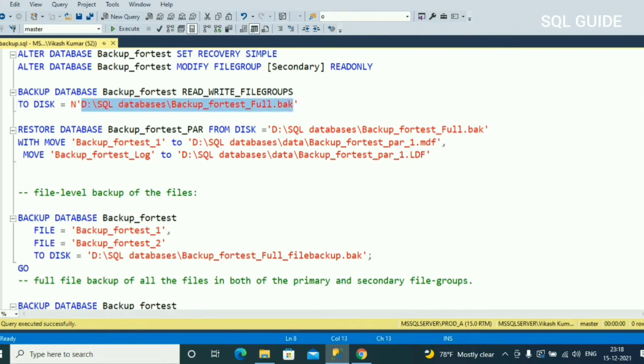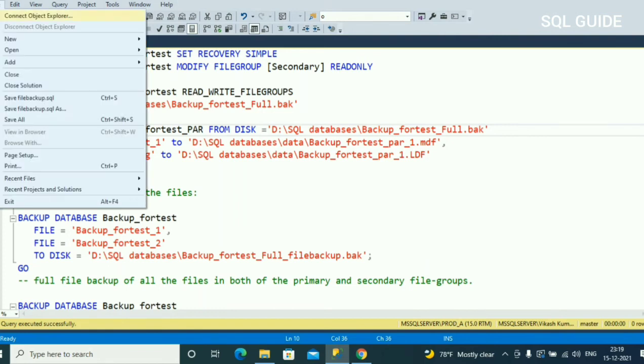I am going to restore the database as backup for test underscore pr, and with move backup for test 1 and backup for test log, because it took the read write file group only.